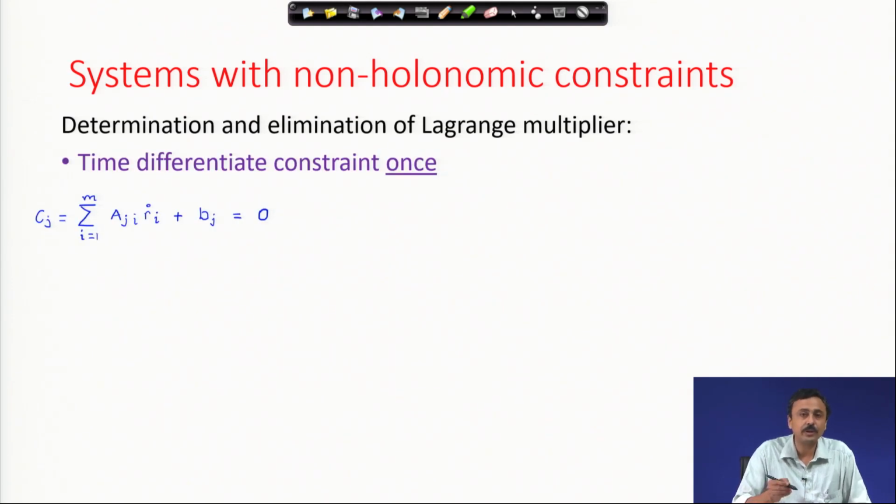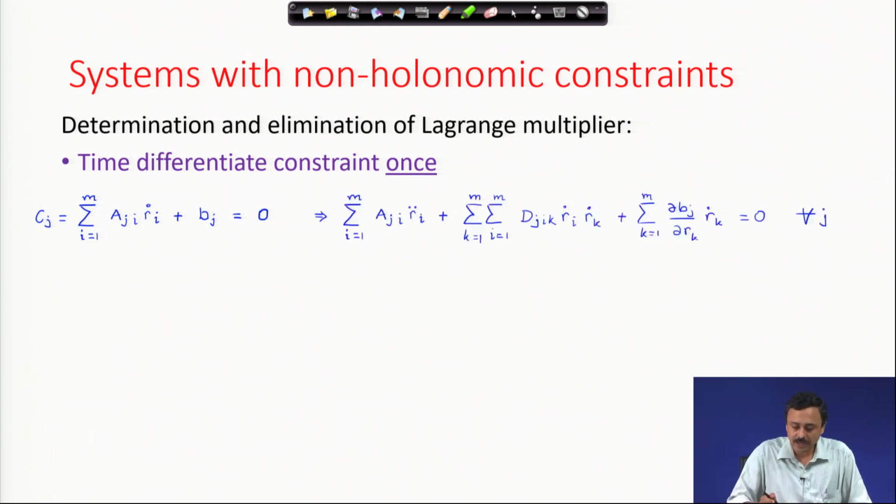Now, you see in the holonomic constraint case, we had to time differentiate 2 times to get to acceleration, the double derivative of the coordinates with time. But here we have non-holonomic constraints which already involve the first derivative with respect to time of the coordinates. What we have to do is we have to differentiate only once, and this I have written as a general expression. Nothing to worry about the very strange or very complex form. I have written it out